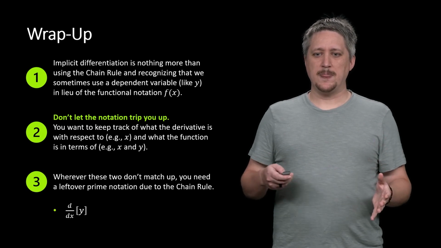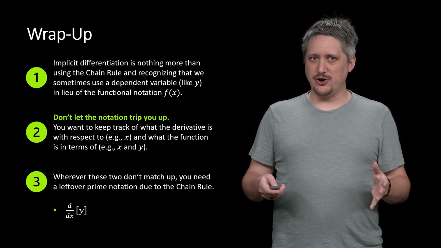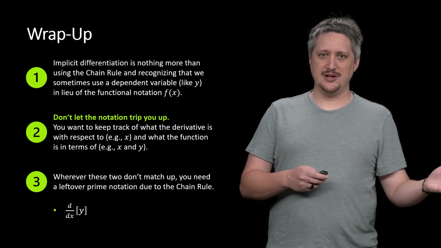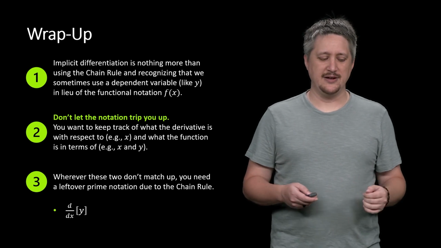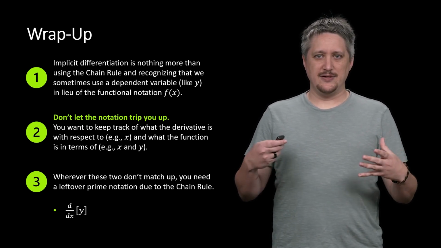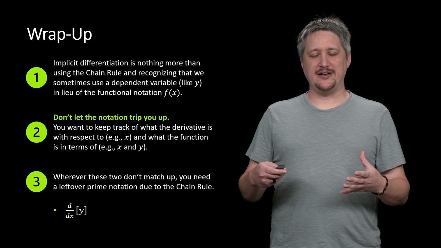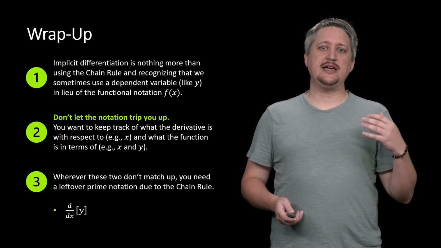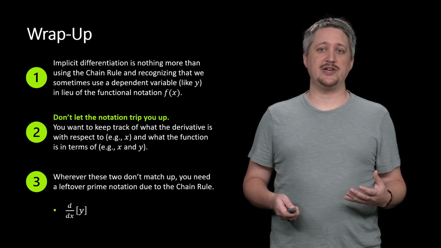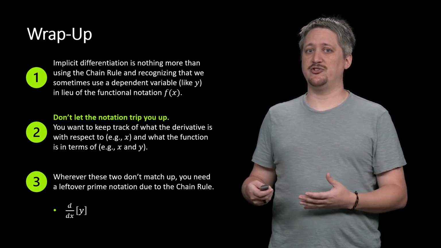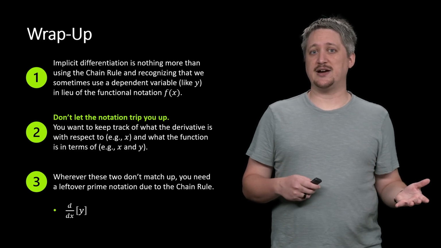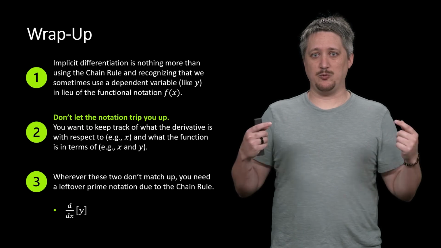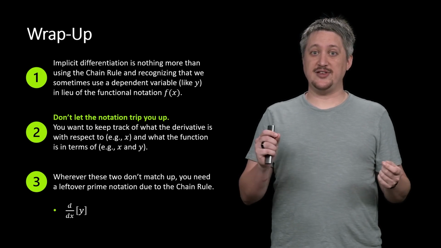And finally, when those letters don't match up, you just need that leftover prime notation, and that's a consequence of the chain rule. And I realize maybe it wasn't as obvious because I'm trying to use relatively simple functions here, but thinking of it in terms of the chain rule is very helpful when we get much more complicated expressions. And in fact, you can see that if you go back and check the first big table that we did when we did that y squared equals 3xy,